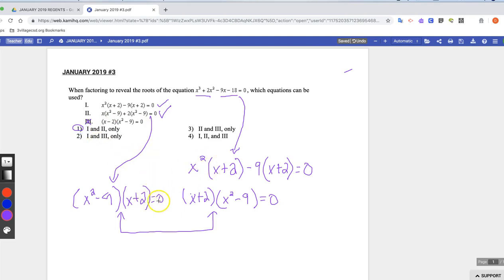Both these equations technically ultimately can be used to help find the solutions